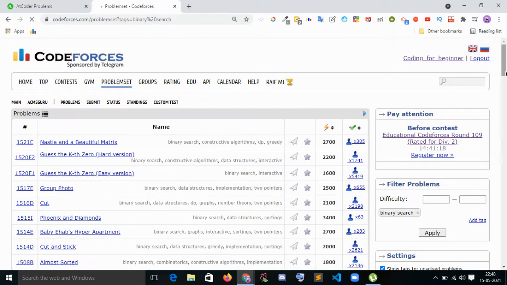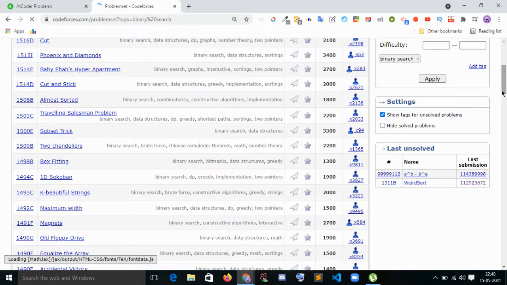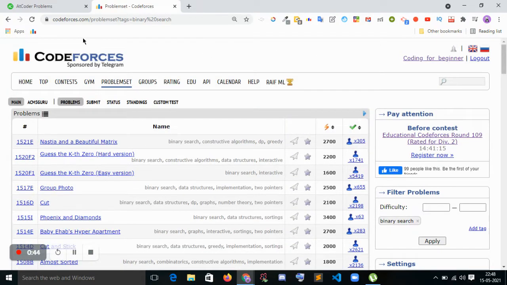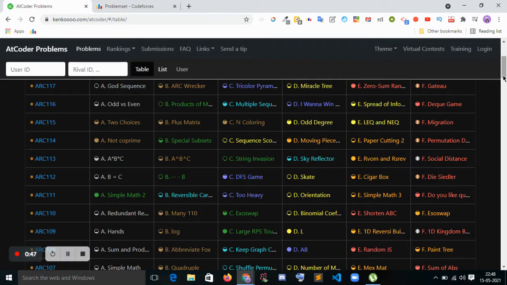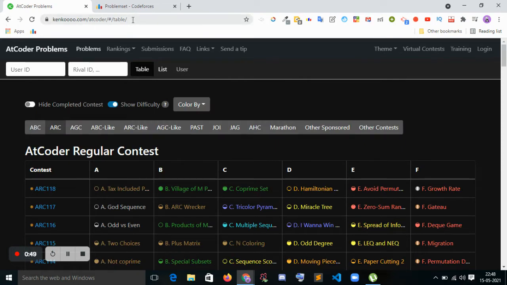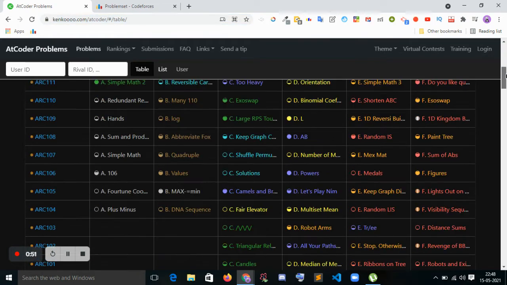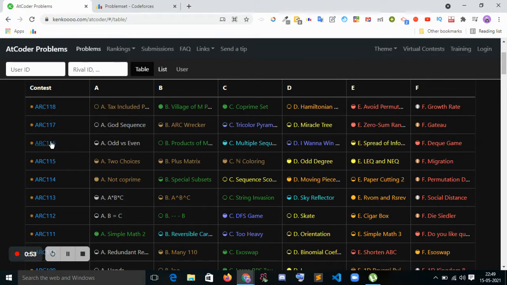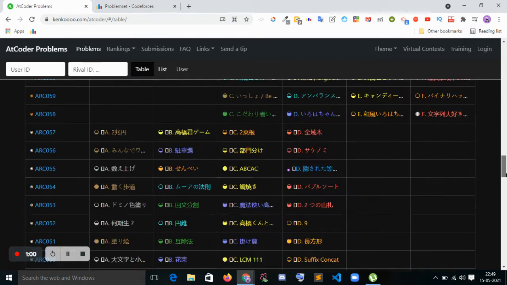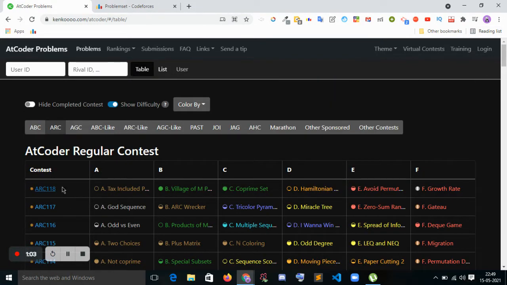But there is one functionality that is not there, which exists in AtCoder, like this one. This is a website where every contest is listed, like ARC 118. Whatever questions come in this contest are given in a very organized way.